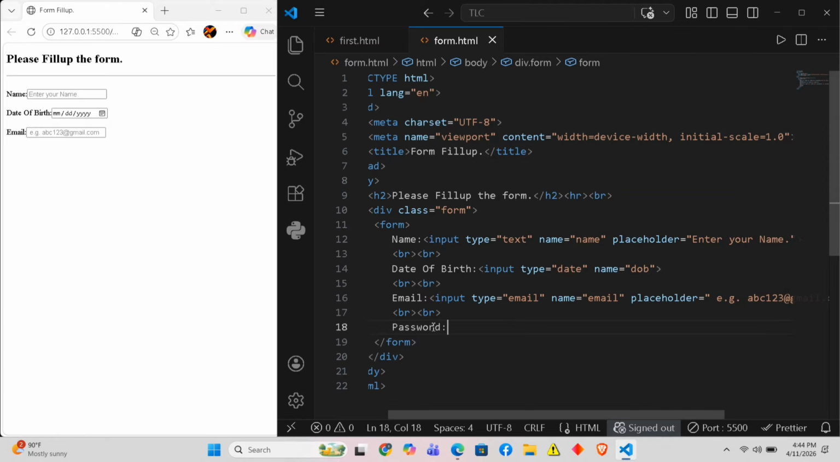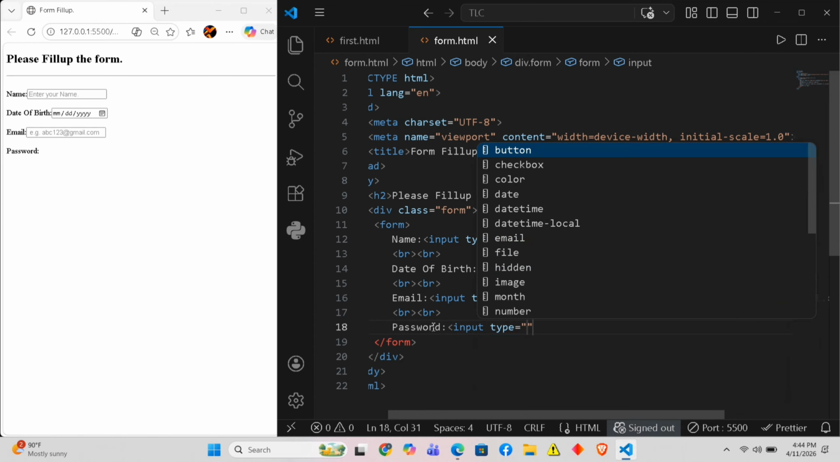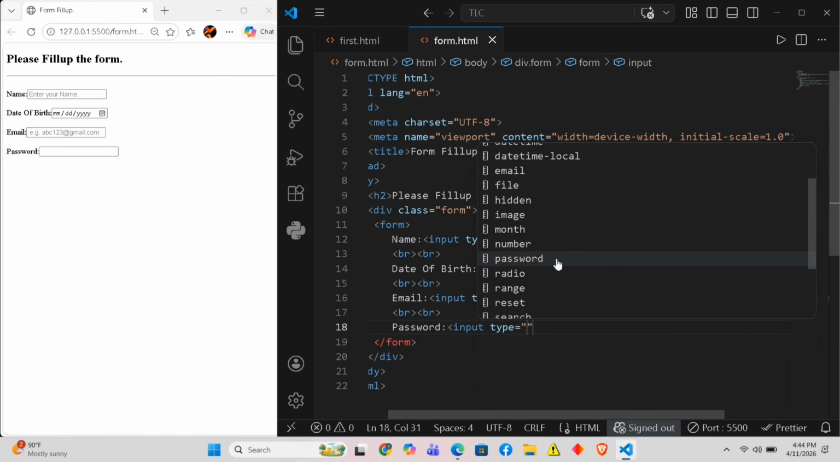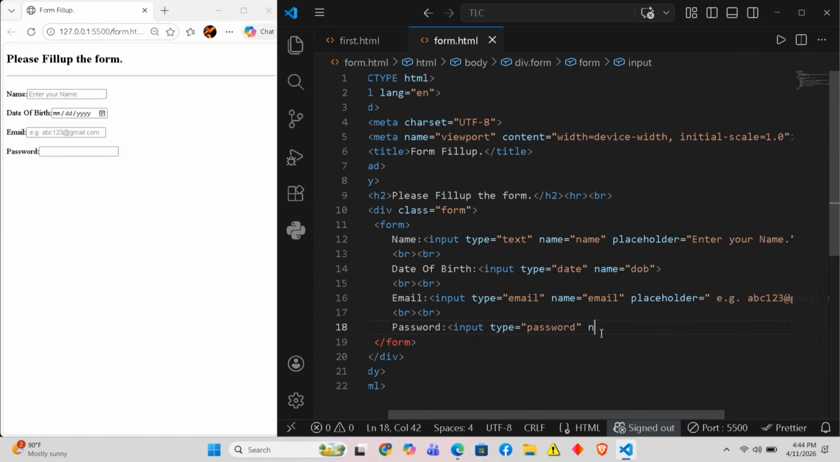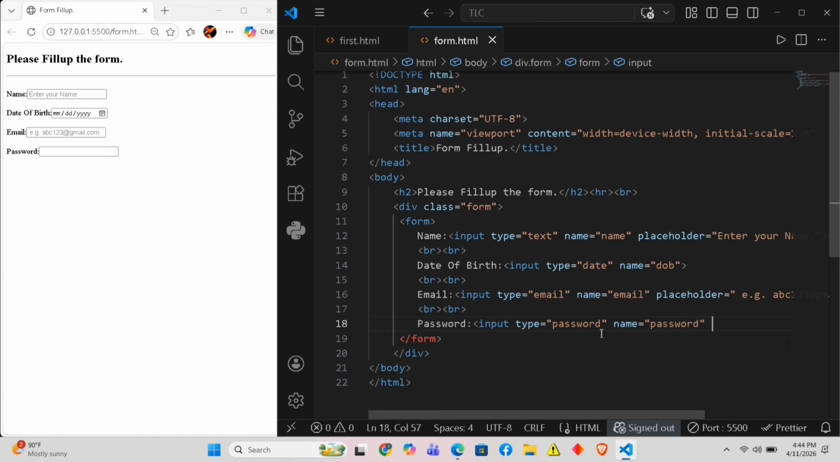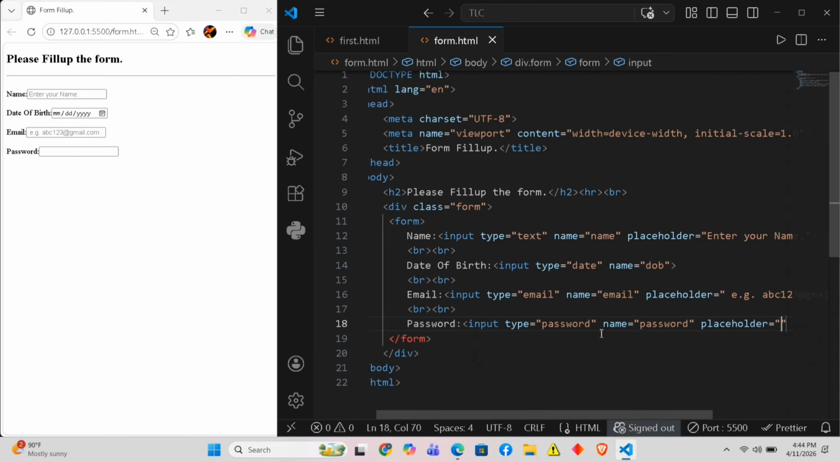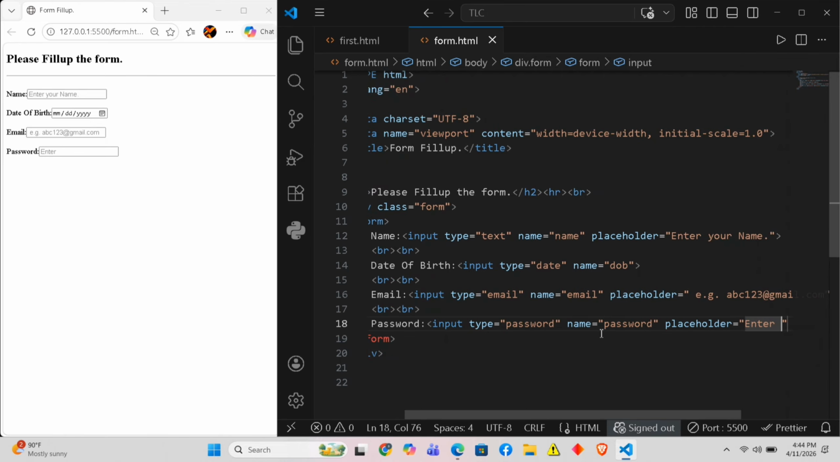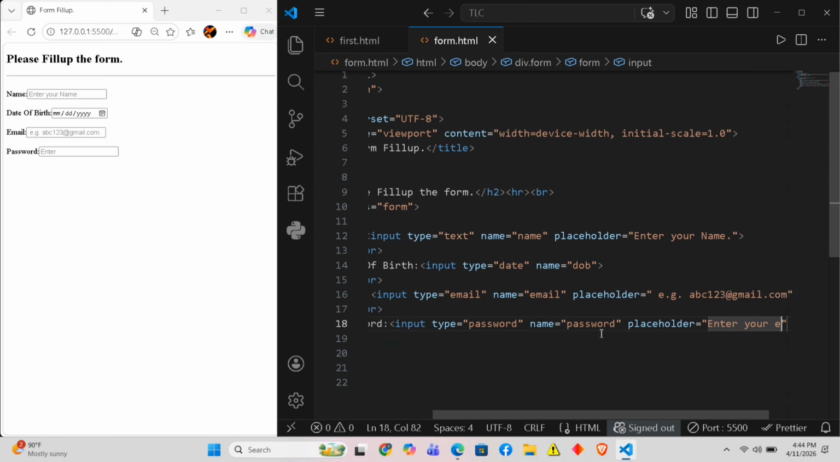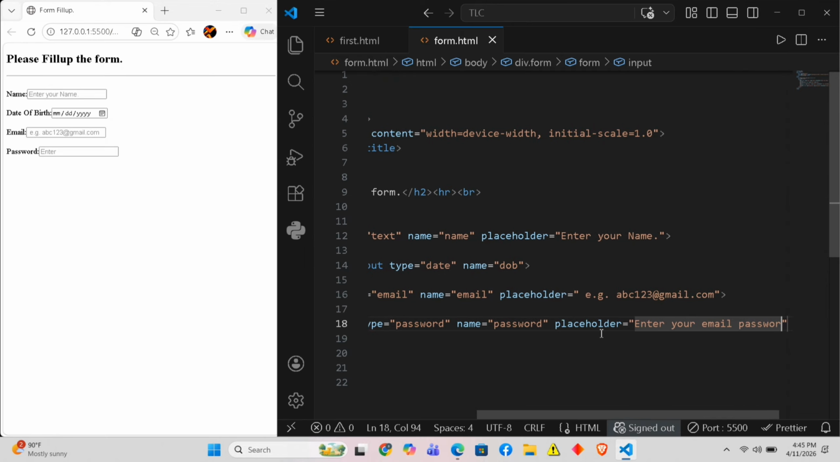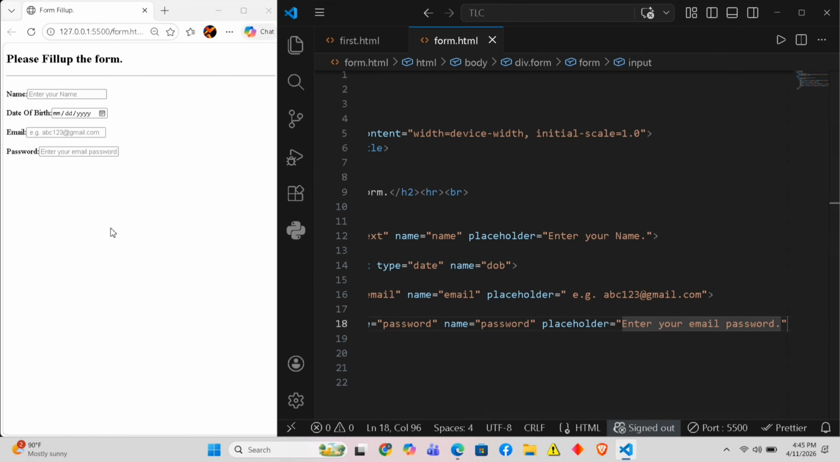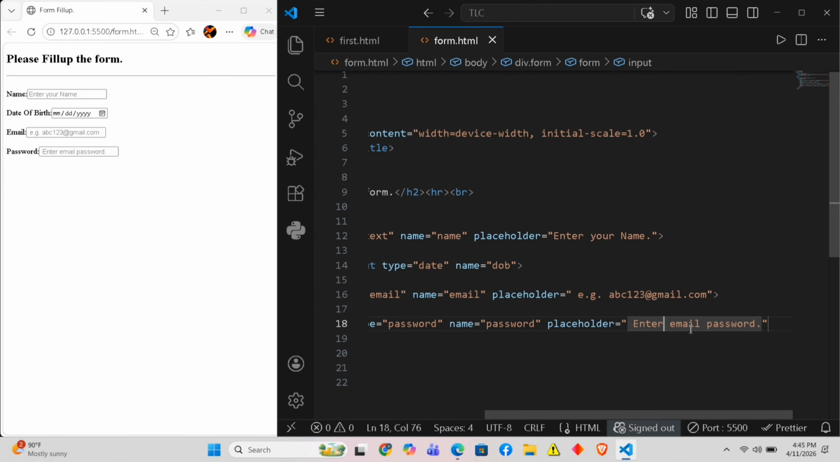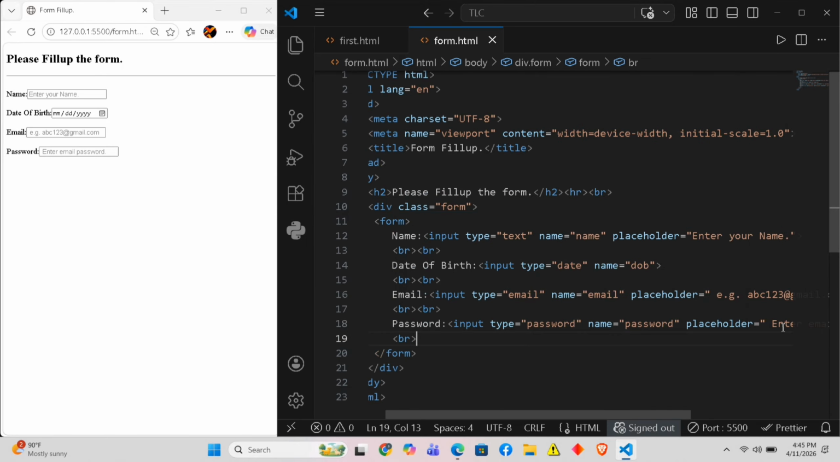now password, input type will be password. Here you can find the password, so I have included it. Now name, password, in placeholder enter your email password. I have changed it to enter your password. Now line break,